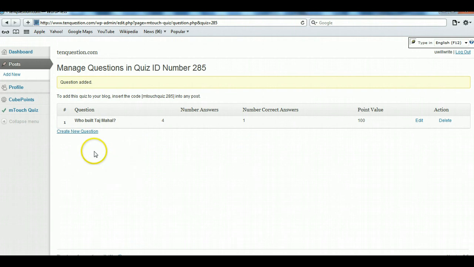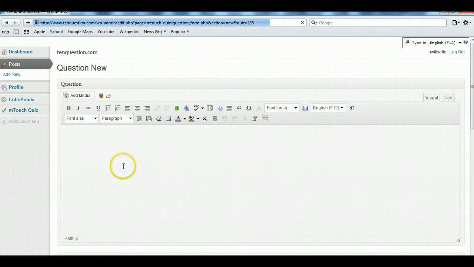So likewise you can create 10 questions, but I will suggest that you prepare 12 to 15 questions, so that our editors will choose the best of those 15 questions and publish 10 questions out of those. So when you want to create next question, you again click create new question. The same screen for preparing the question will come. See, this is again a screen, so you will repeat with next question.